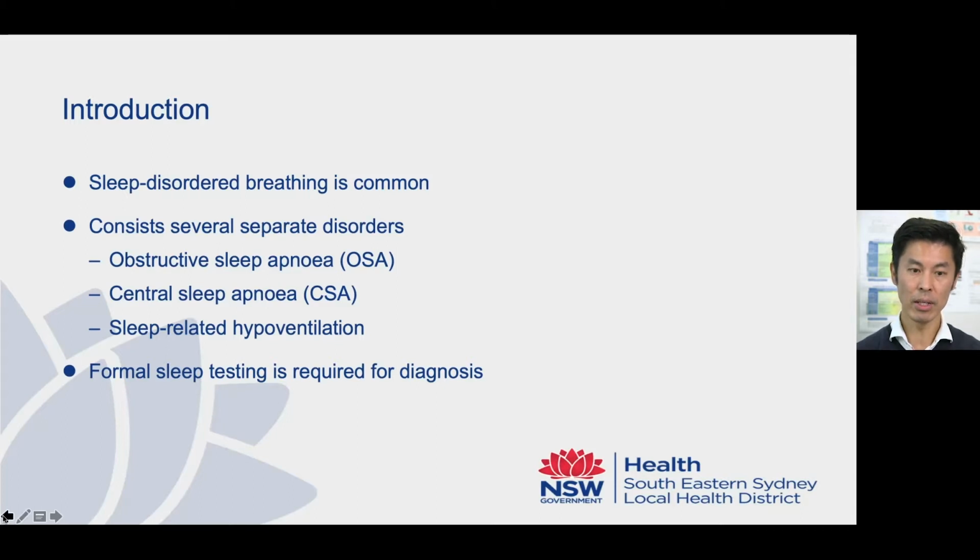If we take a very conservative approach of defining sleep apnea as an AHI of more than 5 events per hour with symptoms, then the prevalence of OSA is probably around 14% in the male population and about 5% in the female population. Despite the fact that each of these disorders may have distinctive symptoms and physical examination findings, the diagnosis does require formal sleep testing to fit the criteria.